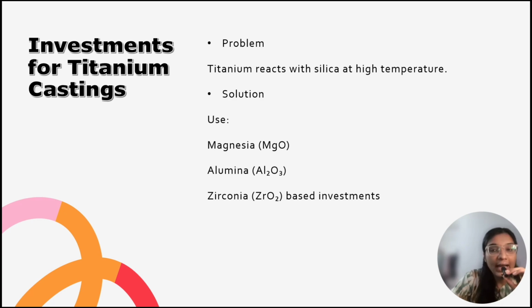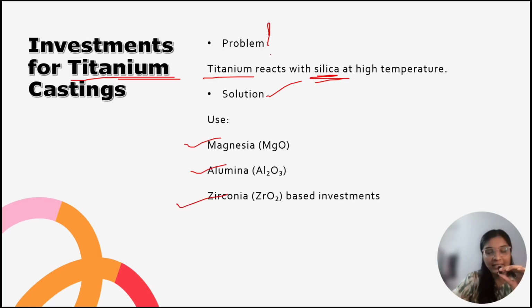And now for titanium casting, we need different investment. Why? Because there is a problem with titanium. Titanium reacts with silica at higher temperature. So the solution is we use magnesia, alumina, or zirconia based investments. So, for special purposes like soldering, we have soldering investment. For titanium, we have titanium investment. And apart from this, we have three investments: gypsum bonded, phosphate bonded, and silica bonded, out of which phosphate bonded